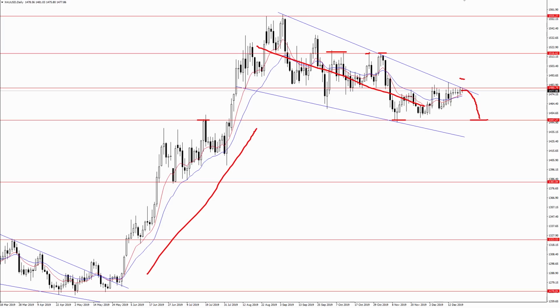But as long as XAUUSD is within this falling wedge pattern, so as long as it's above this lower level right down here, I do have to stay relatively bullish gold and look for a close above resistance, followed by a retest of that area as new support for a push up into 1515 and perhaps even these year-to-date highs around 1550.